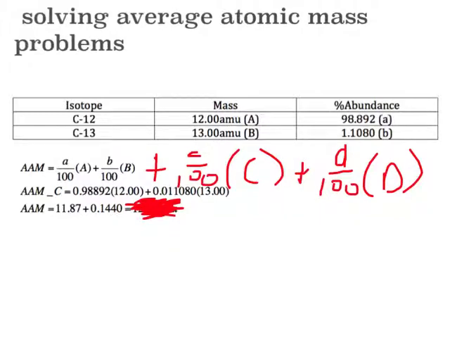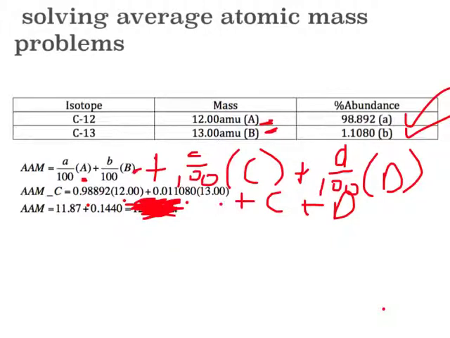Okay, then remember you divide your percent abundance by 100. You put those numbers here, and you multiply through there by the mass, which in this case is A and B, respectively. And then of course you add those numbers together. If there were 3 numbers, you'd add that other number together as well, but in this case there's only 2. Okay, that in a nutshell is what an average atomic mass is, and how to solve a problem